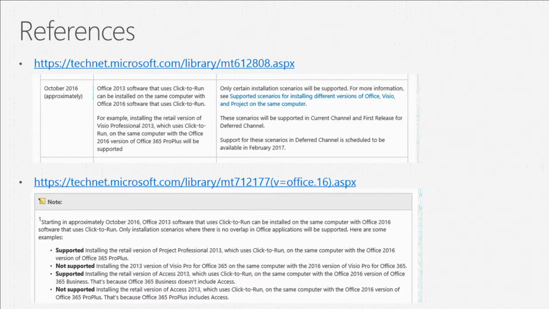Are there any updates that are required on the older install at all? Does it have to be on the latest? When you get a build that is beyond the October first release deferred channel, that engine will automatically have that support. So when you just update your client to that FRDC build or beyond, you're going to have that capability already. Does that make sense? The older program, though, so the Visio 2013 MSI and the Click-to-Run install. Does that need to be changed? Nothing needs to be changed for 2013, only for 2016. Yeah, because remember this error message is coming from